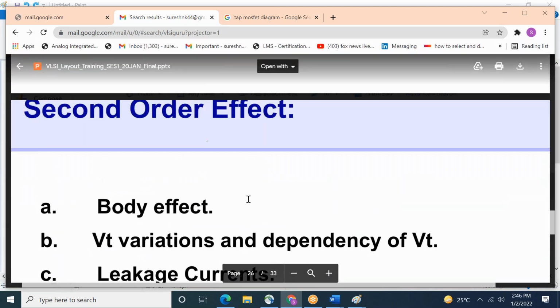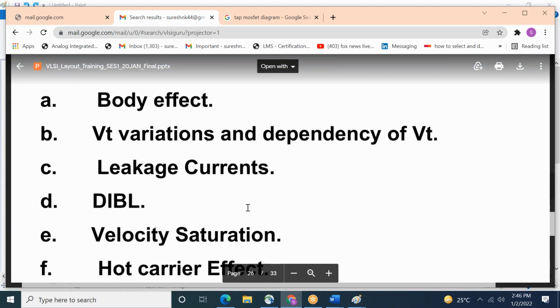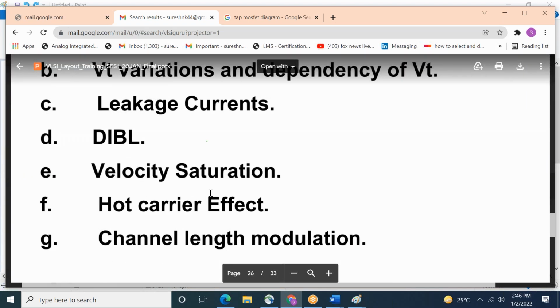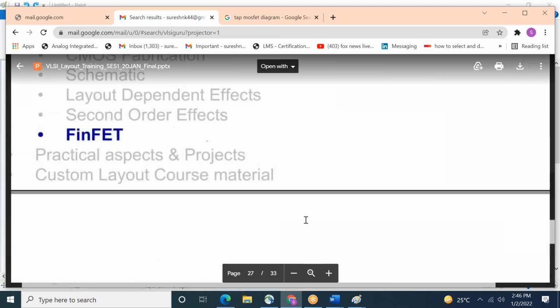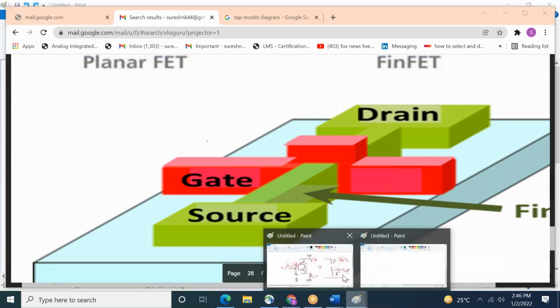Some secondary effects will be covered: body effect, VT variation, leakage current, drain induced barrier lowering. These are new concepts. FinFET I will give you some idea, but this tool will not support FinFET. Remember, this is the DRC, which is technology-wise. Technology means,